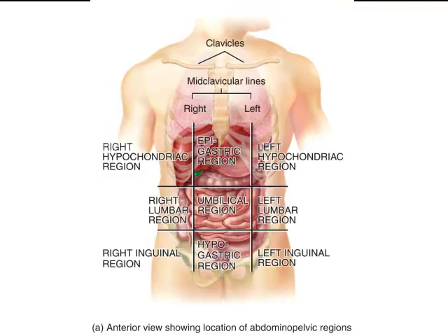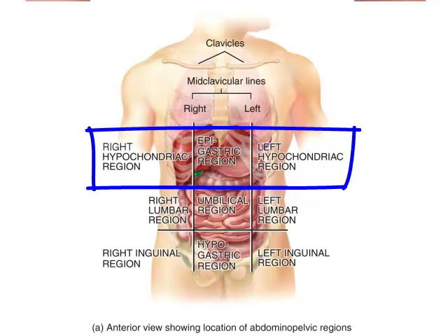The 9 abdominal pelvic regions are centered on the umbilicus or the belly button or the abdominal chakra in the Hindu religion. So we're centered on the umbilical region. The names seem a little strange at first, but once we break them down, they make a little bit more sense. Again, we have right and left, but we have in the superior tier, the superior row,